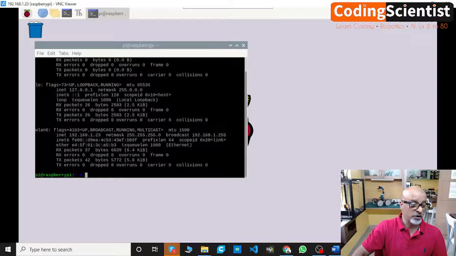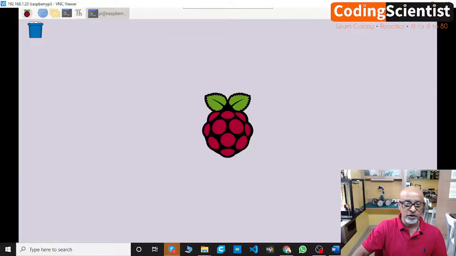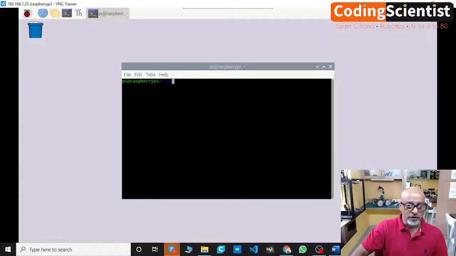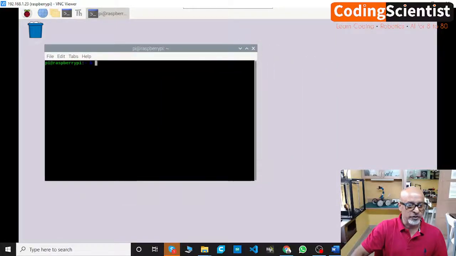So how do you open the terminal? You need to, let me just close this. You need to go in here. Can you see? This is my Raspberry Pi desktop, right? I'm connected remotely. Guys, I'm connected remotely to my Raspberry Pi. So you need to go here, the black window. You will get this black color window. You need to type